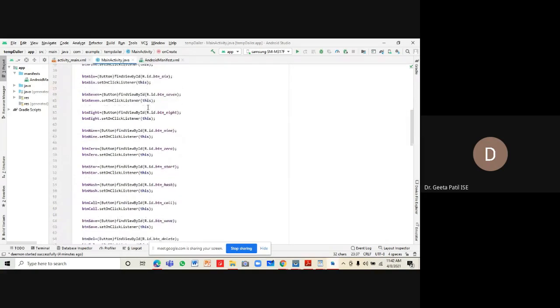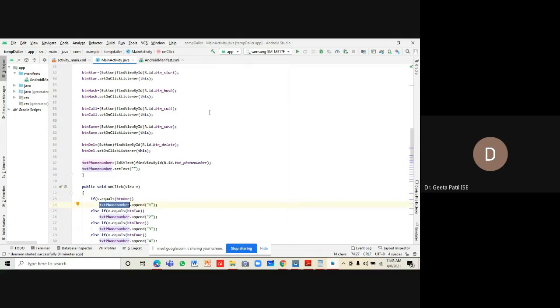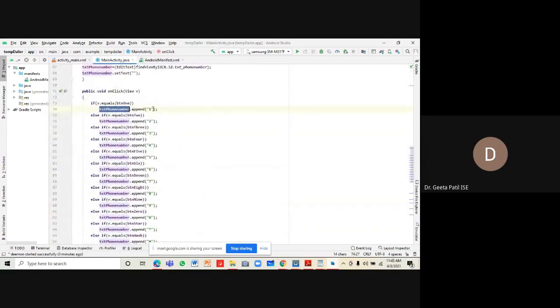So when this is done, we need to write the code for onClick. Let us look at the code of onClick(View v). Over here we check which button is pressed. If v.equals button1, if we have pressed button 1, then txtPhoneNumber.append(1). To the phone number field we are appending 1. Next we check else if v equals button2.